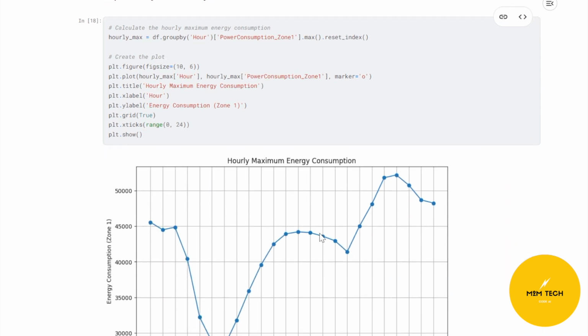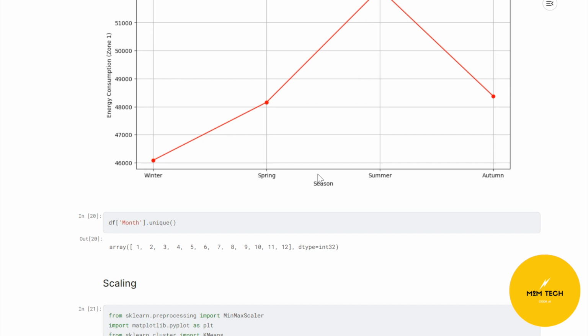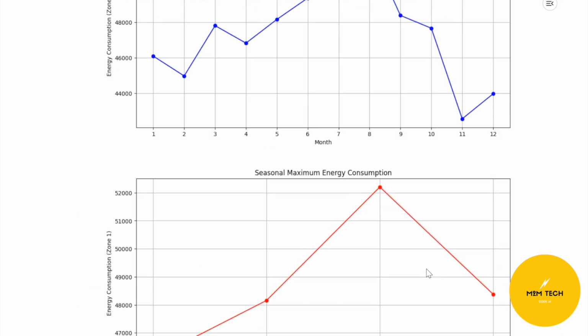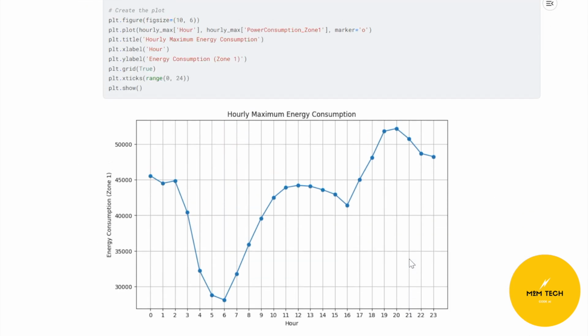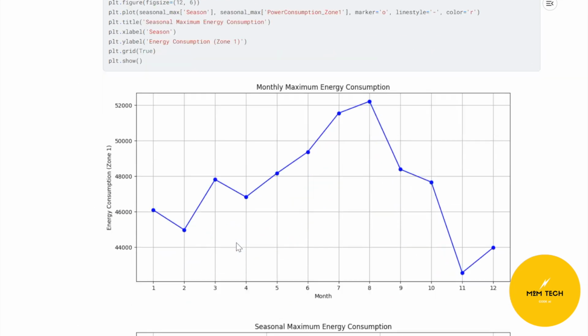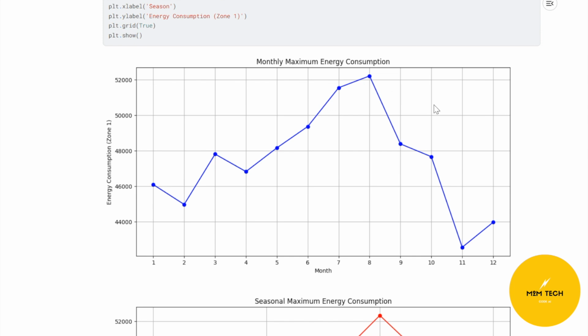And then I analyzed the hourly and monthly and seasonal data with these graphics, and in hourly data, energy consumption increases when people wake up at 6 a.m. It decreases during work hours. When everyone returns home, I think these hours, energy consumption increases again, like this. Between 2 and 6 a.m., energy consumption decreases as people are asleep. In monthly usage, I think the increase in summer is due to air conditioning and